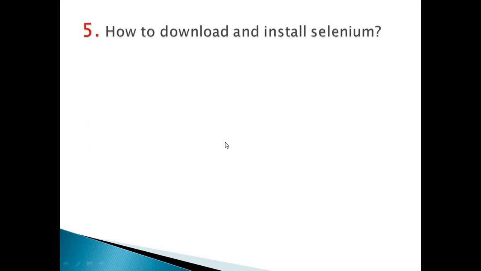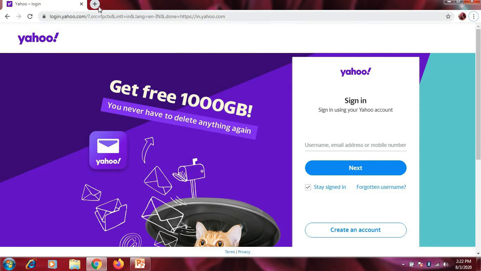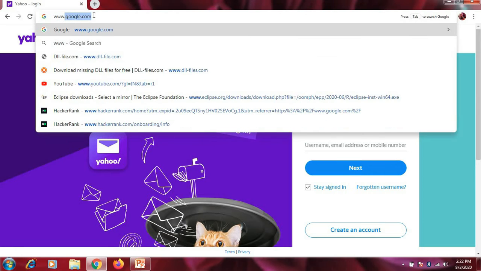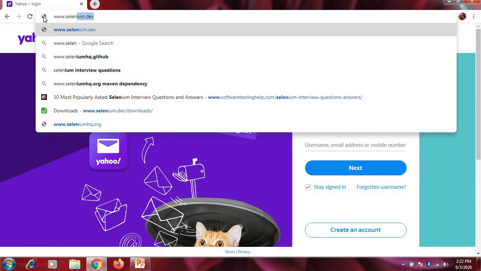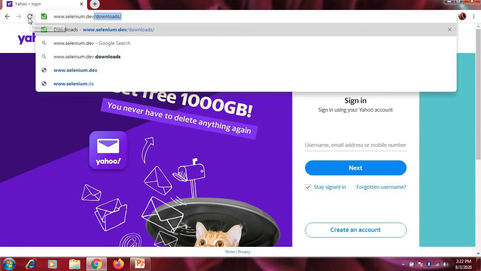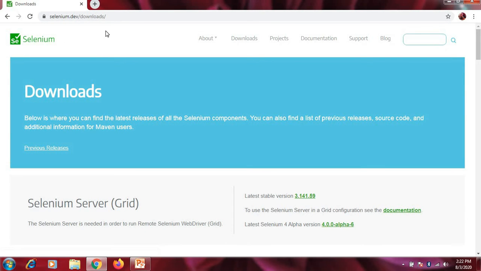Next one is how to download and install Selenium. Let's see. First open the browser and search www.selenium.dev/download. Press enter. This is the Selenium site. You can see the latest stable version, 3.141.59.